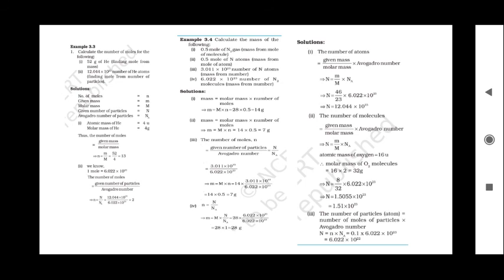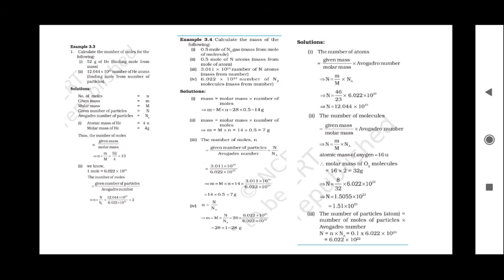In the first example they have given 0.5 mole of nitrogen gas. So 0.5 mole is nothing but the number of moles. What is the molar mass of nitrogen that we have to calculate? Nitrogen molar mass is 28. So it is 28 into 0.5, that is 14 grams. Similarly, in the second sub question, here also we have to calculate mass. They have given the molar mass as 14, that is the molar mass of nitrogen atom. It is just N. N is different from N2, students. So it is 14 into 0.5, which is 7 grams.